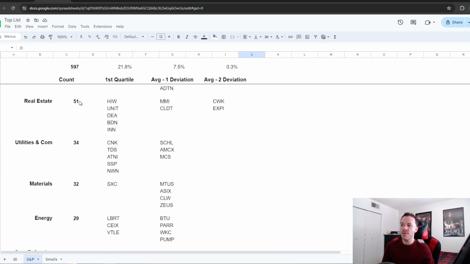Then in real estate, we have 51 companies in our total sample, and we ended up identifying a total of 9 of which that fall under the first quartile, 2 of which that fall under the 1 standard deviation, and then 2 of which that also fall under the 2 standard deviation. So here there is some companies in the under 2 standard deviation area, but it's worth noting, as I've mentioned before,